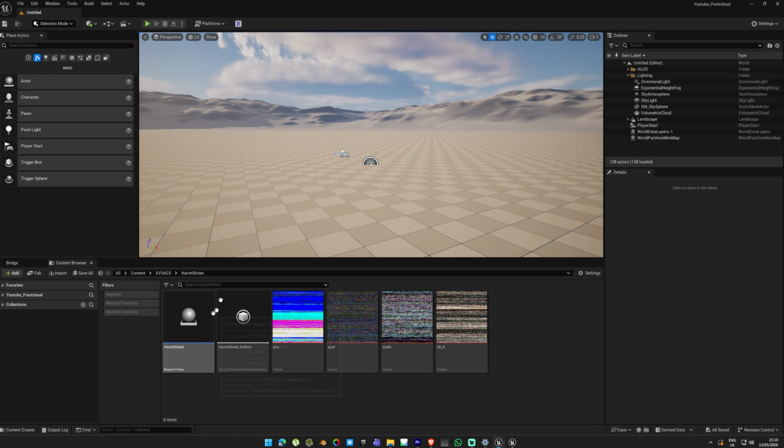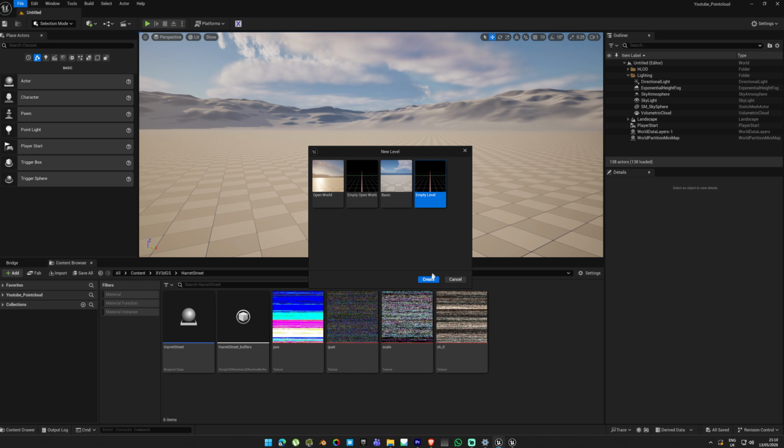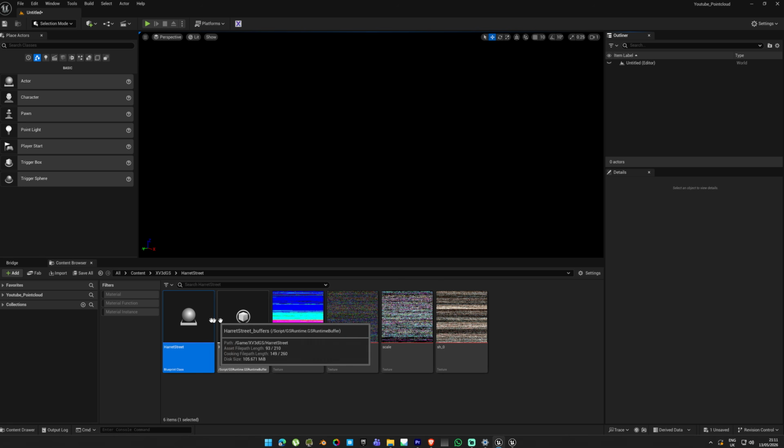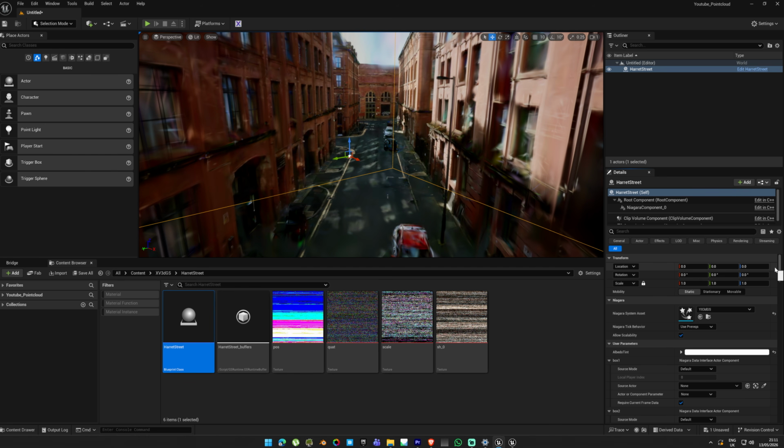To make sure we start on the right foot, create a new level. Go to File, New Level, and choose Empty Level. From here, everything is straightforward. Drag and drop the file into the viewport and make sure you reset all the transformations by clicking this arrow. Great, now that you've learned how to import Gaussian Splats in Unreal Engine, it's time for us to build the